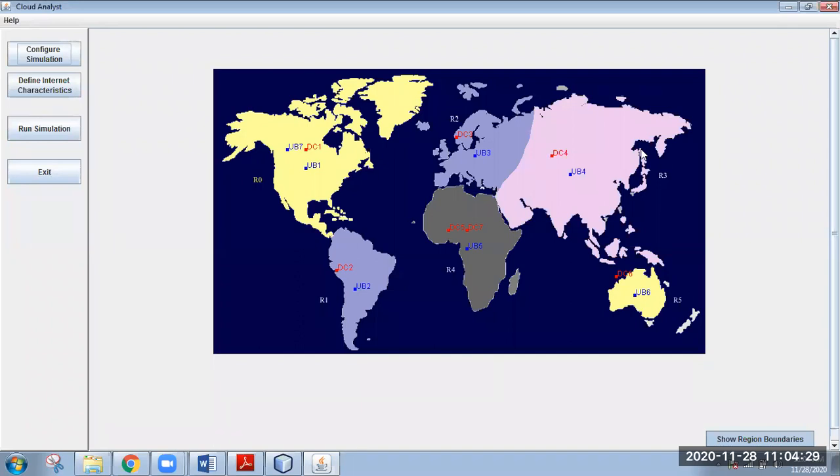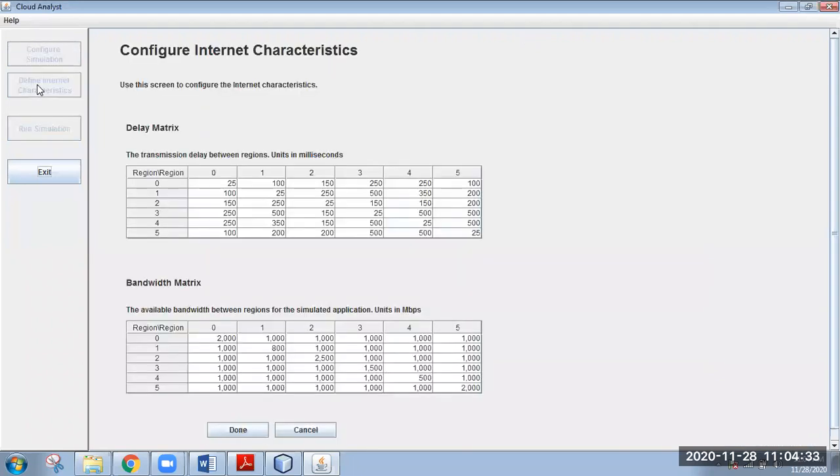In order to deal with this, we use define internet characteristics, in which we mention, if you are switching from region 0 to region 1, region 0 to region 2 or 3 or 4 or 5, what is the delay time? That is nothing but the transmission delay between the regions. Units are in milliseconds. If you are transferring a request, you have to pay the transmission delay.